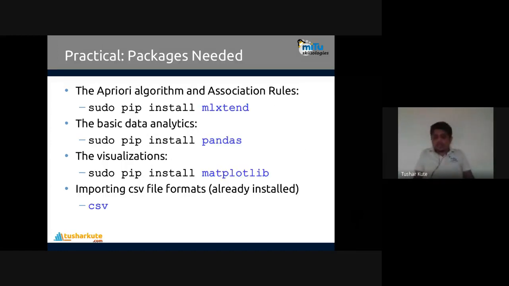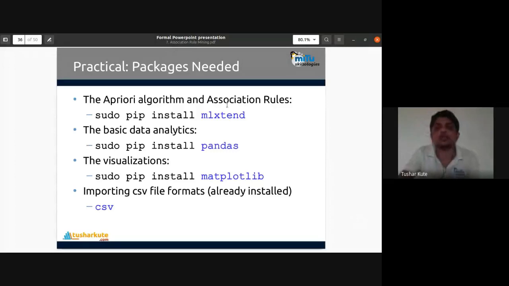I'll show the things practically also. For the Apriori algorithm association rule, I'm using one package here. Two packages are required to do this, because this thing is not very practical. To get a better understanding, we'll check how it converts, what types of transactions are there, what types of associations are possible, how to extract the rules, how to save the rules, how to check the confidence, support, lift, what is a frequent item set, what is Apriori. Let's see practically.